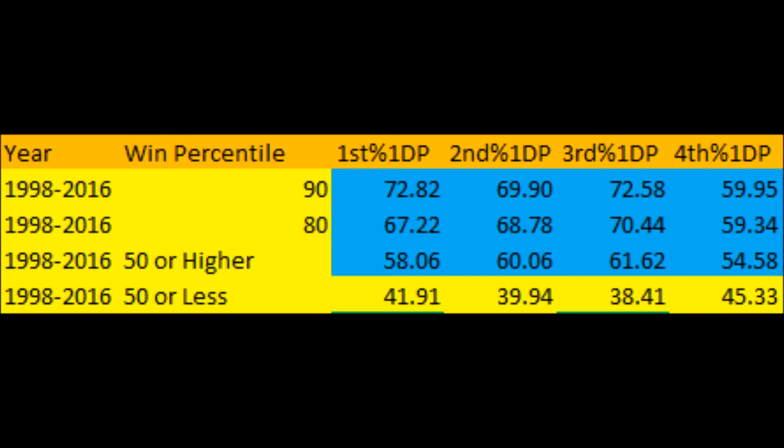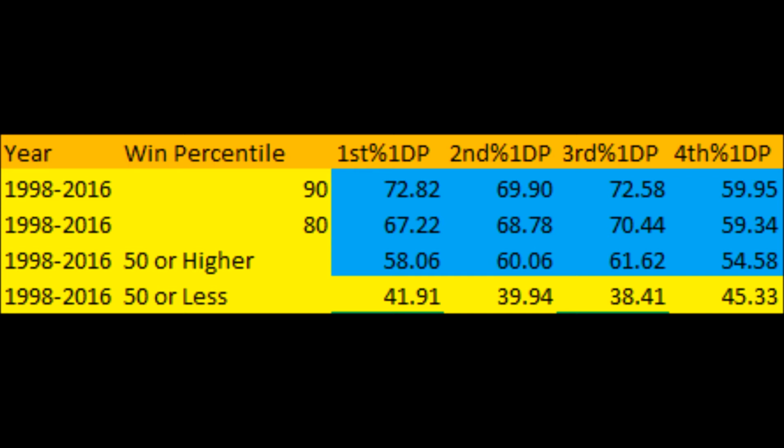When it comes to first down conversion rate, there's a clear correlation: the higher your conversion rate is on first downs, second downs, third downs, and even fourth downs, the more wins you are going to have. So if you want to be a team that gets into that 90 percentile win range, you better have a first down conversion rate that is above average, or at least average, and so on and so forth for first downs, second downs, third downs, and fourth downs. Winning with the pass